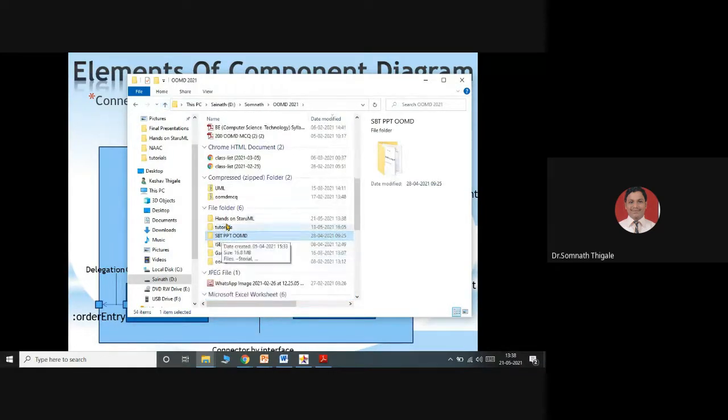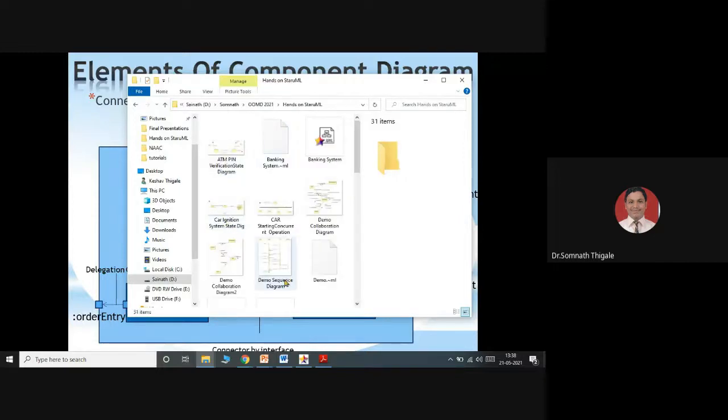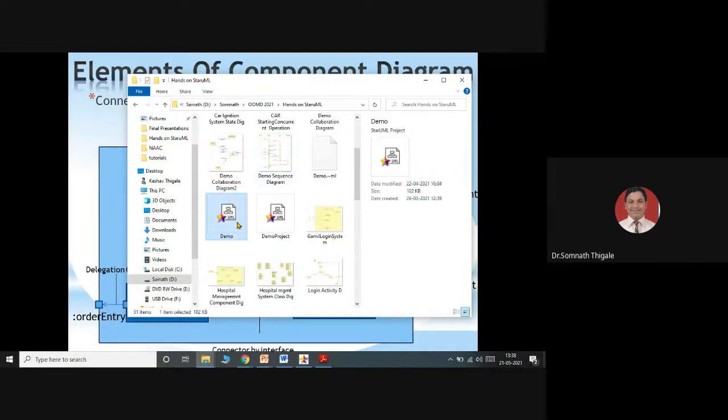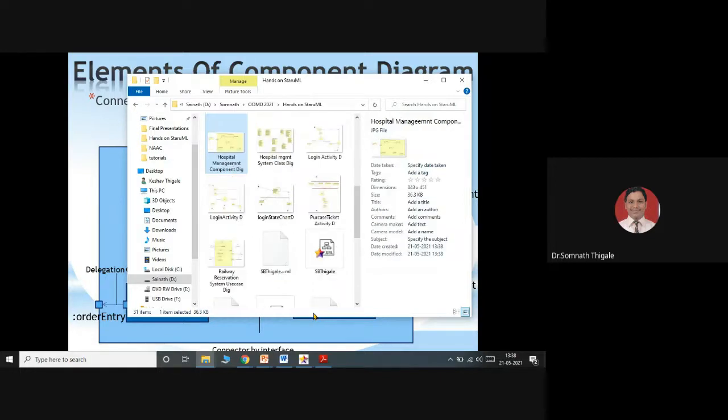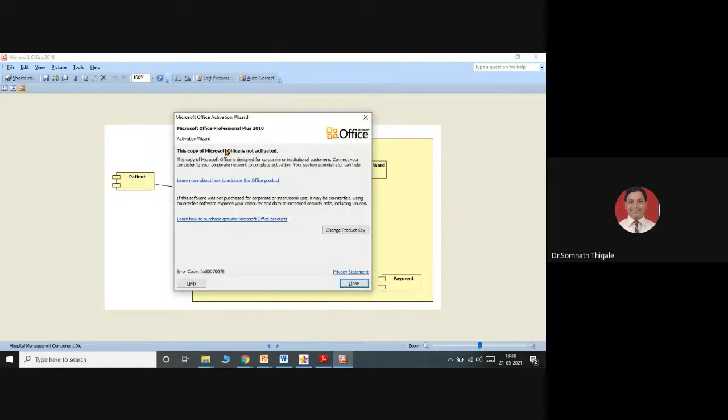Okay, hands on. This is a simple component diagram. Hospital management, see here.